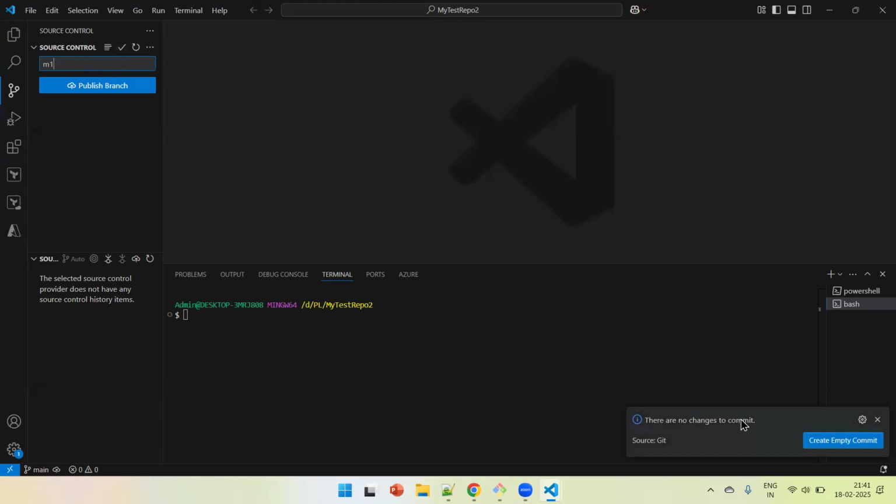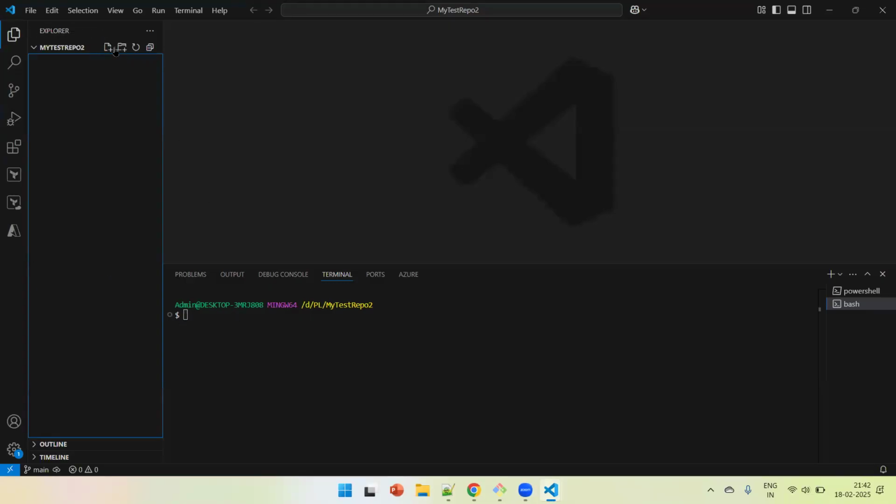See, there is no changes at this point of time. So whenever you create any changes in the repository, because it is just an empty folder, as I said, the commit can happen only to the changes at the file level, right? So you can create any number of files and update it there. So either you can use your git bash terminal to initialize the repository, or in this folder, if you create a new file,